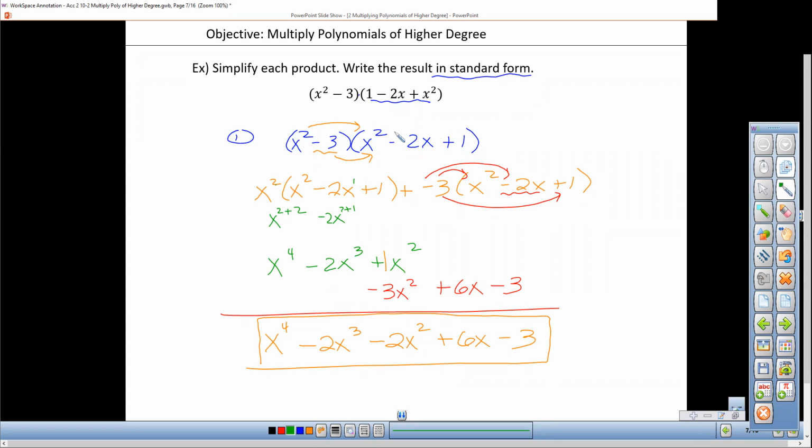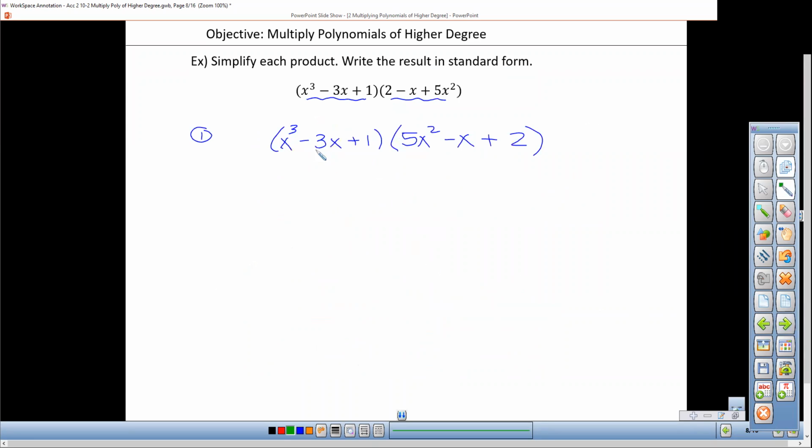So it's like taking 2 times 3, which gives you 6. So we ended up with 6 different terms down here, 3 and 3. So keep that in mind when you're multiplying large polynomials together. So in this example, we're taking 3 times 3, so we should end up with 9 terms before we do